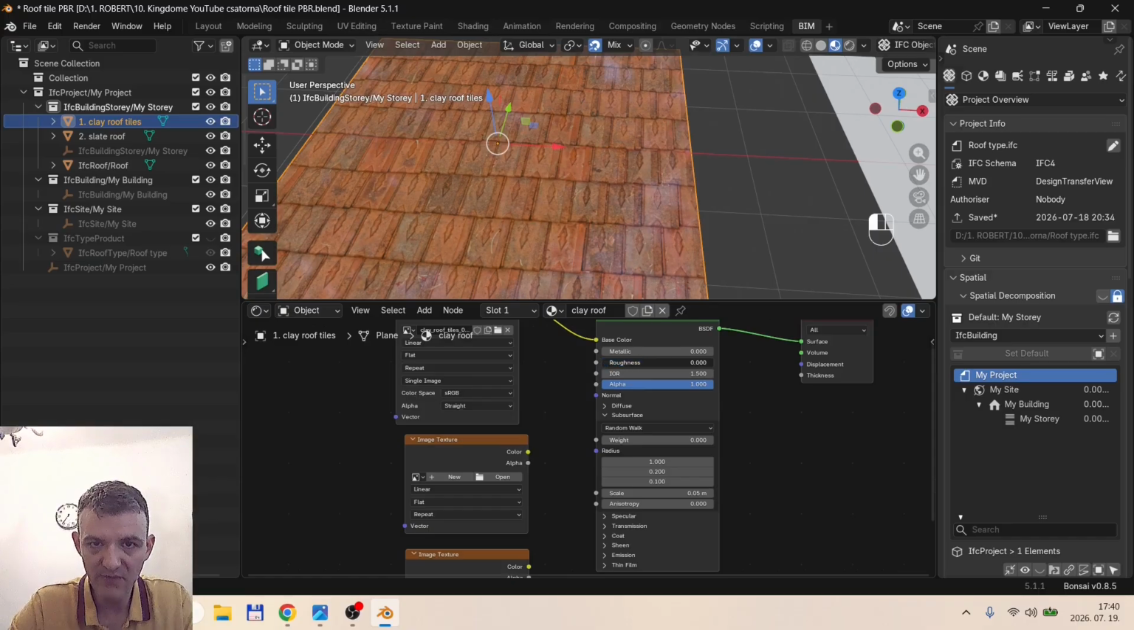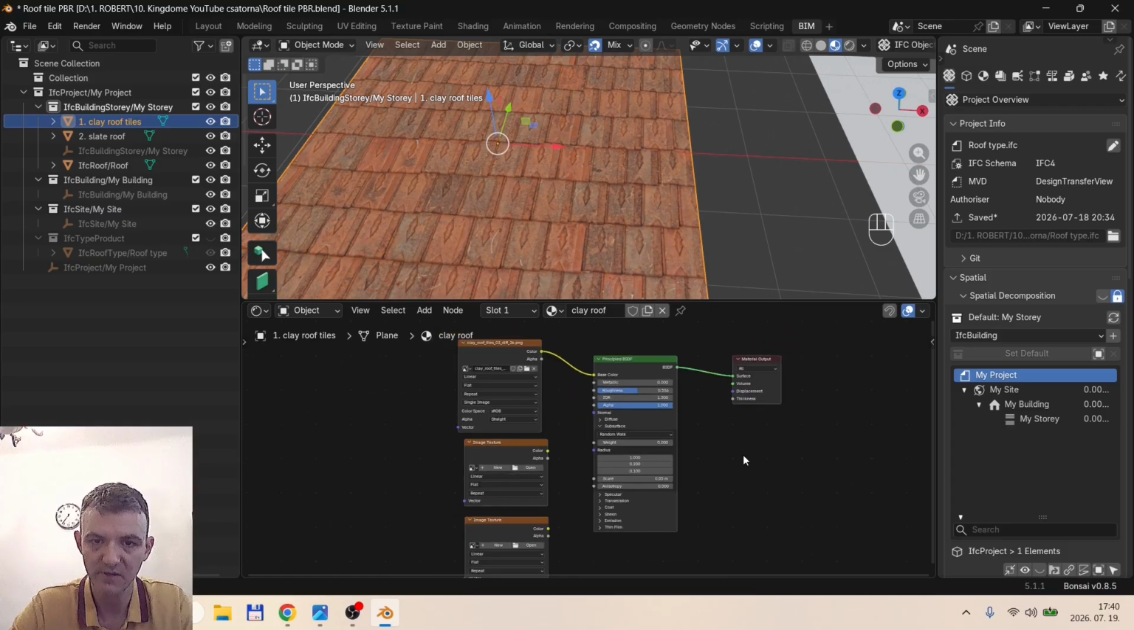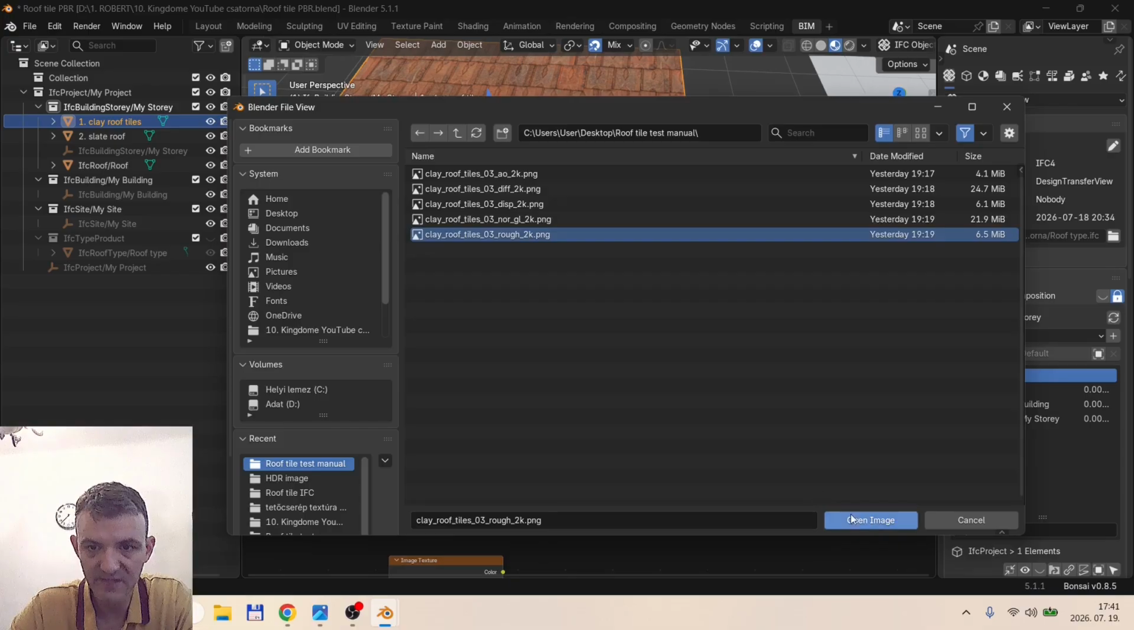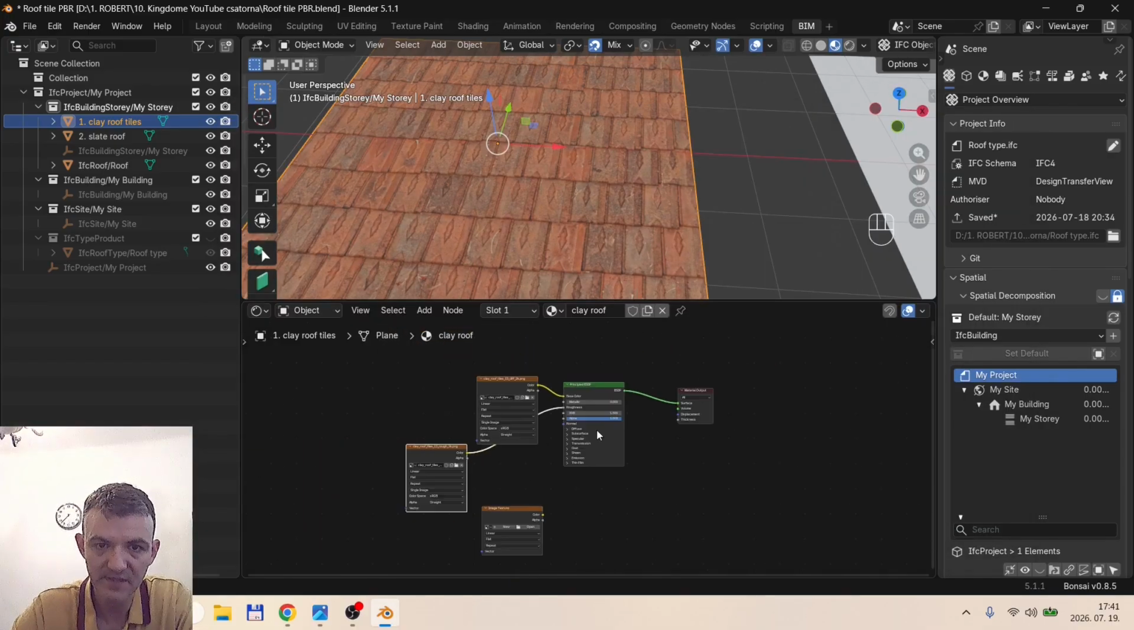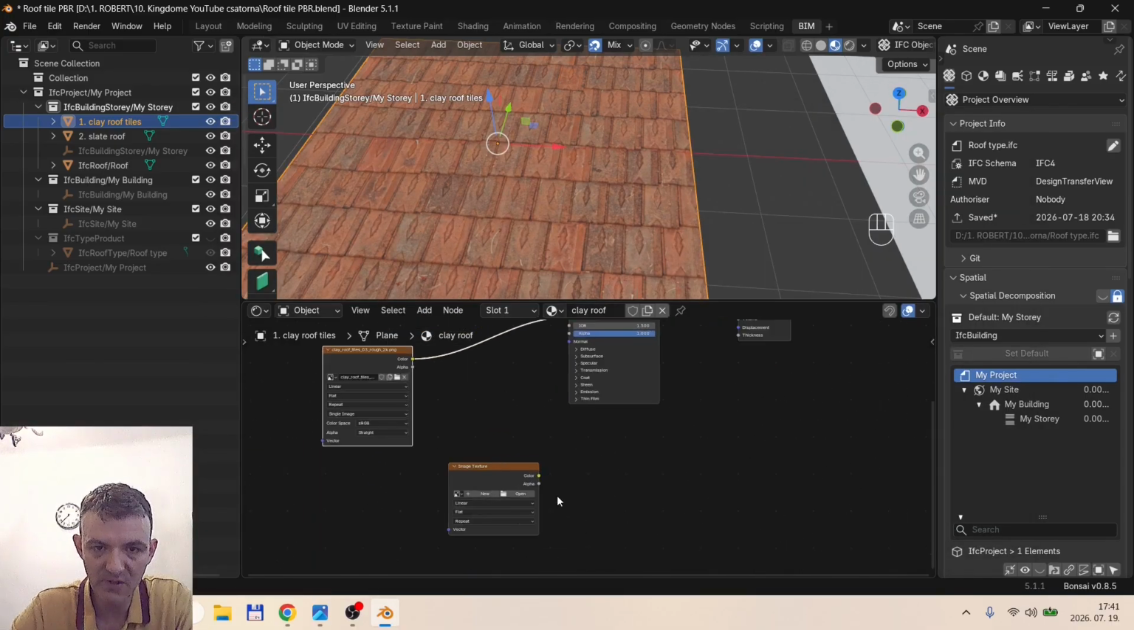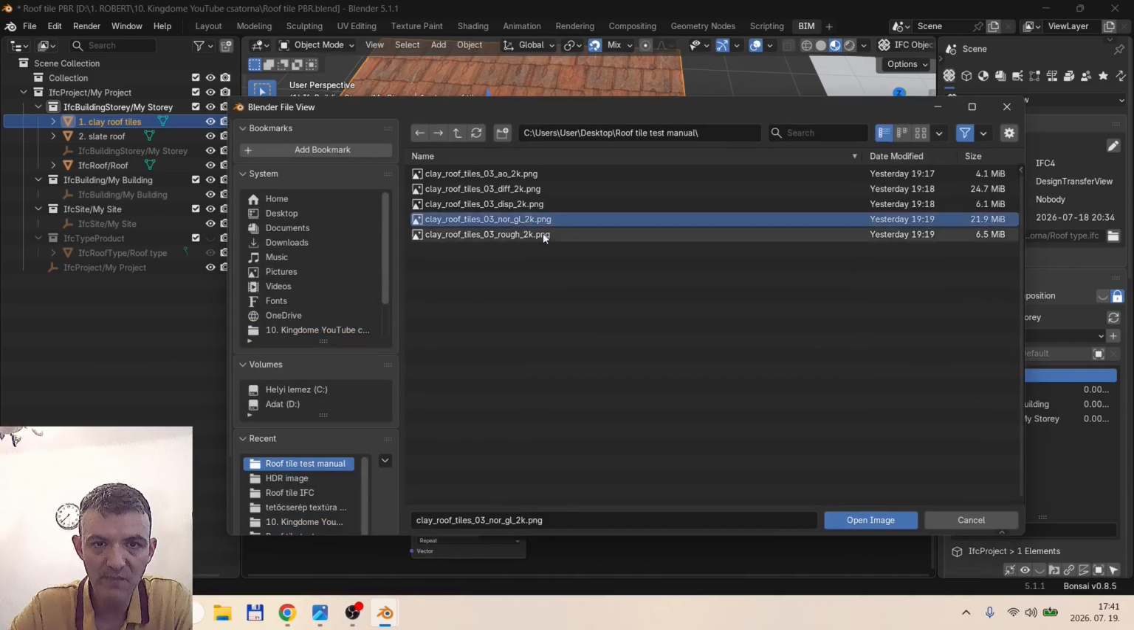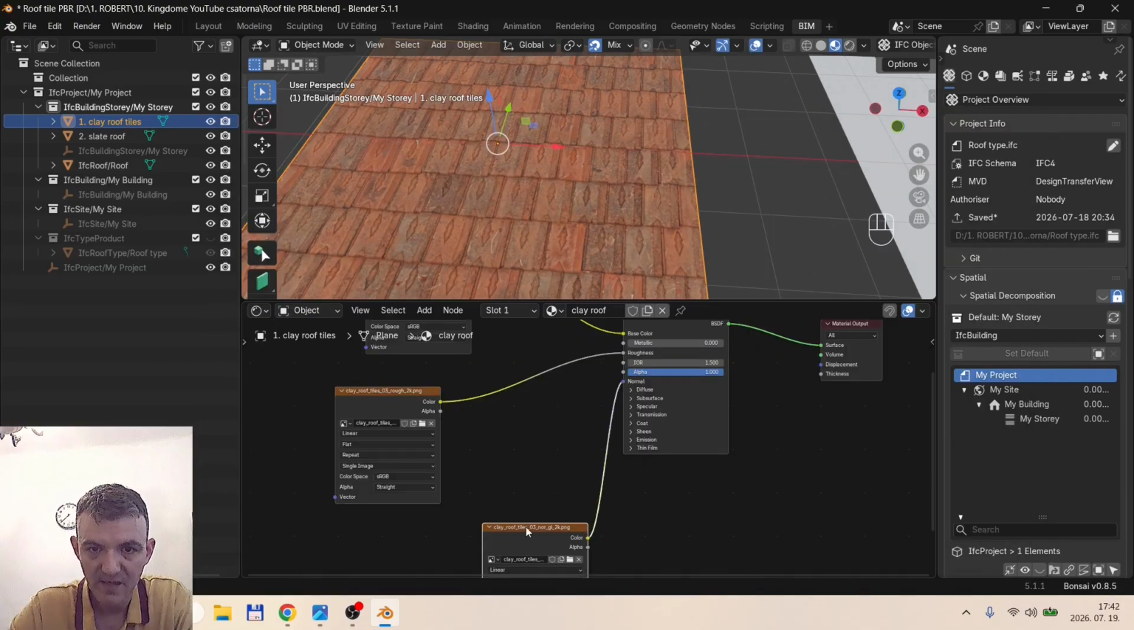So if we bring down the roughness, it means it's going to be shiny. And when we bring it up, it's going to be very rough and hard surface. The second, the roughness map, plug it into the roughness. We have two. The third, it's going to be normal map, plug it into the normal, but you can see